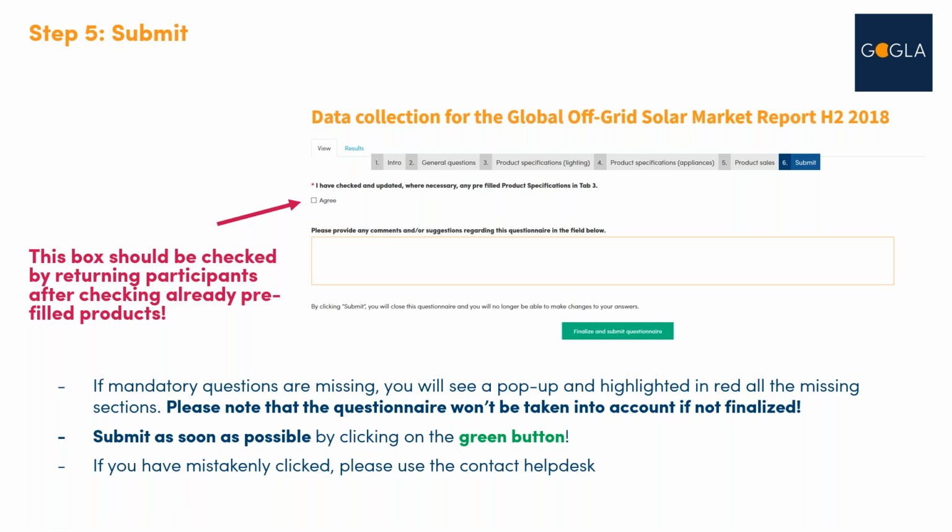Once submitted, you will not be able to edit your answers anymore. If you discover a huge mistake, you can always contact me, of course. But in essence, once it's submitted, it's finalized. If you push submit and some mandatory questions are still missing, you will actually get a message that you need to fill those out first. So you will not be able to submit unless you've filled out all the mandatory questions.